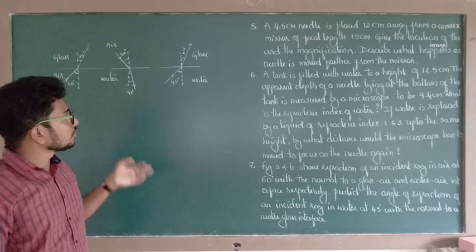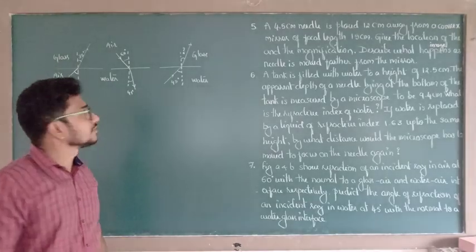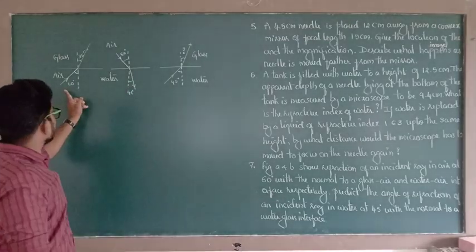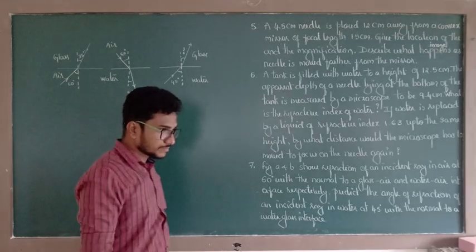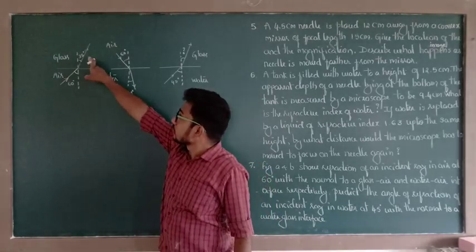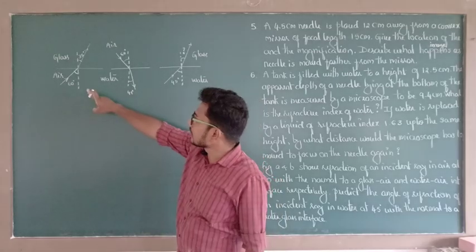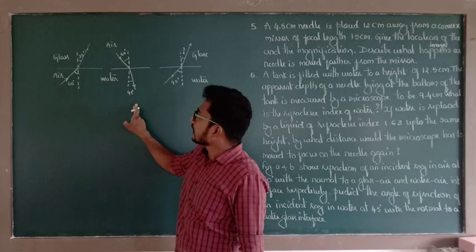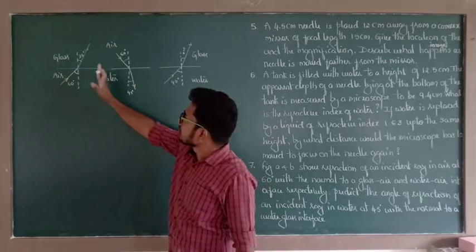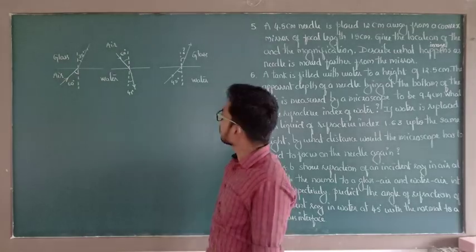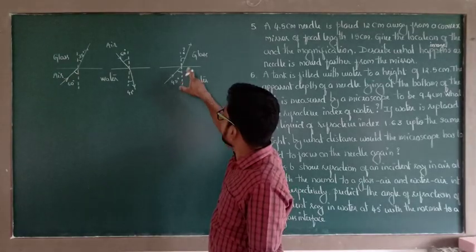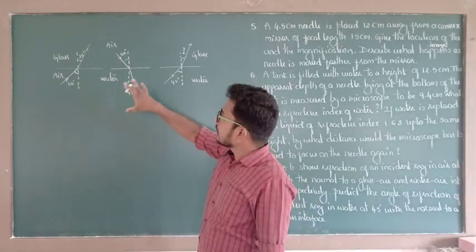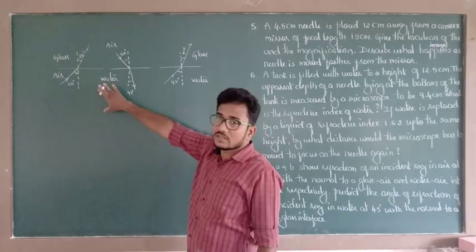Usually this type of numerical is asked in your competitive examinations. Observe these three diagrams. Here, the light ray travels from air to glass, rarer to denser. Just view the direction of the light ray. Here, light travels from air to water. It bends towards the normal. In this case, light travels from water to glass. So here the angle of refraction is given through these ray diagrams.